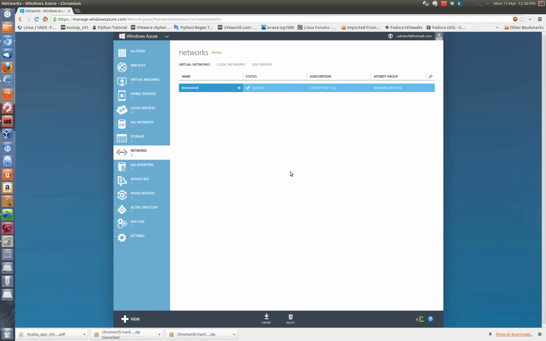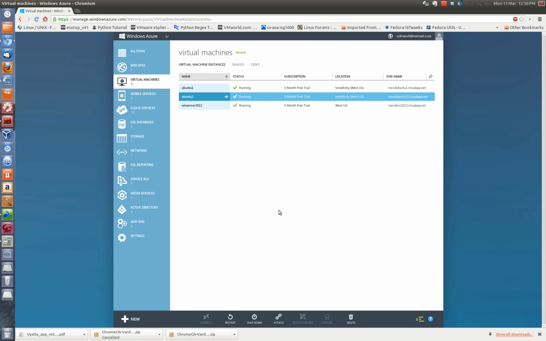In this tutorial, I will show you how to create a virtual network inside the Windows Azure cloud. By default, when you create a VM on the Windows Azure cloud, it puts your individual VM into separate networks on separate subnets. Even though you get a public IP address, you wouldn't see your VMs sitting on the same